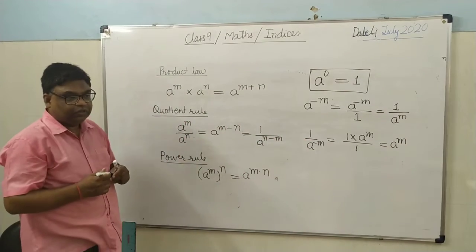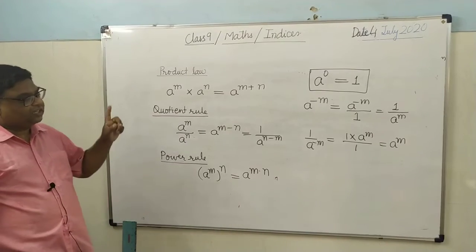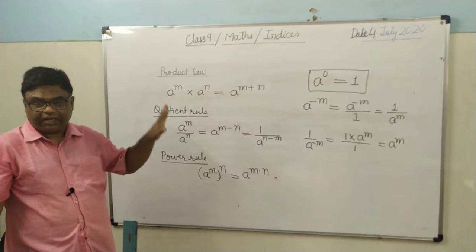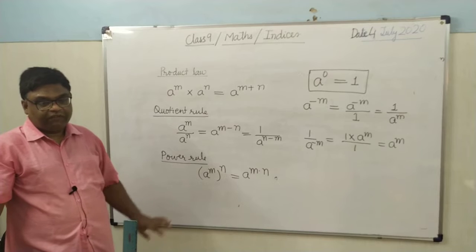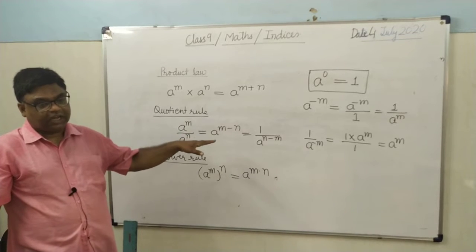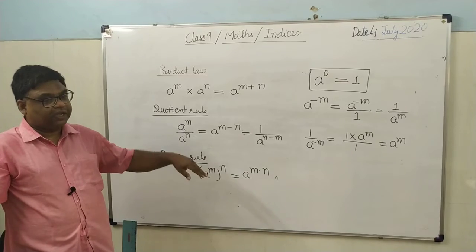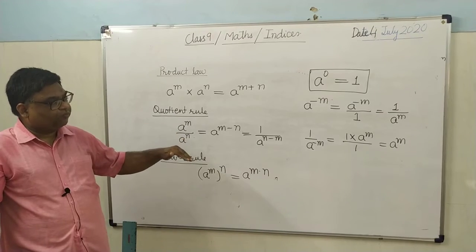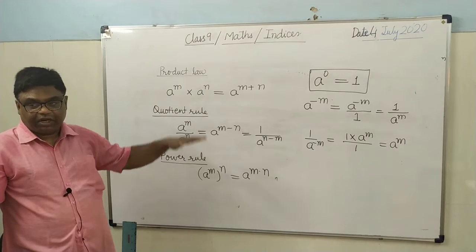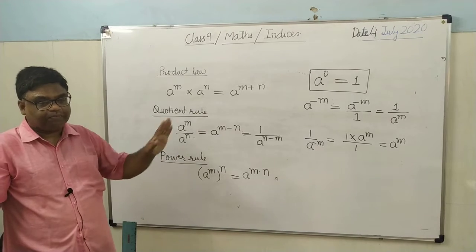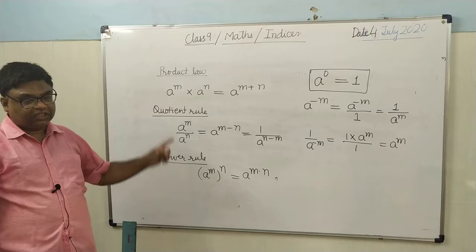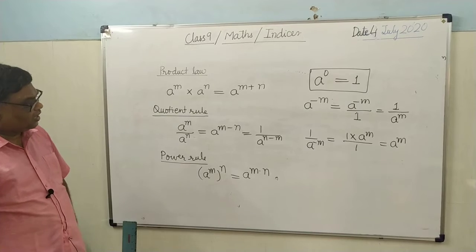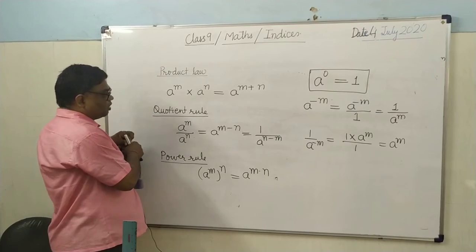So simply keep in your mind that if there is a negative power term in the numerator, how will you make it positive? By bringing that term into the denominator. If there is a negative power term in the denominator, how will you make it positive? By carrying it into the numerator. Is it clear? Moving from numerator to denominator or denominator to numerator, the sign of the power will change. If it is positive in the numerator, then when it comes to the denominator, it will become negative. Is it clear? Then there is one more rule you can see here.